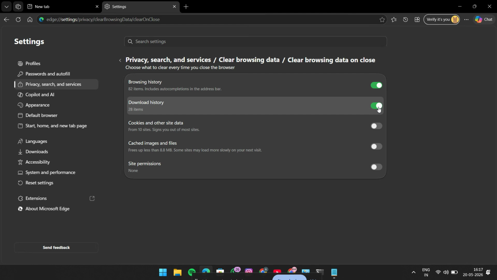If you want, you can also review the other options in this menu and decide whether you want Edge to clear anything else on close. But if your main goal is just to remove download history, turning on that one setting is enough. Now your setting is saved, and Edge will clear download history each time you close it. This is a simple but effective way to keep your browser cleaner and more private without having to manually erase